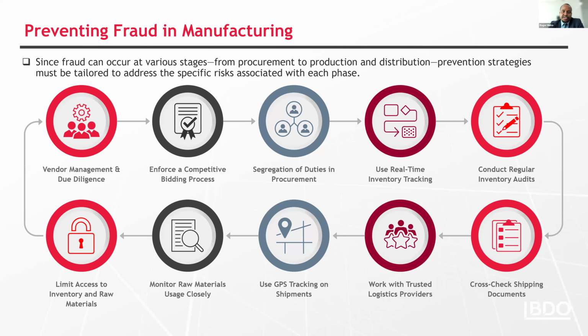The last key risk is in distribution fraud, and this is particularly when it comes to high-valued goods being shipped out of your warehouse. Some of the ways that you can safeguard it that are simple and clear that many companies may not implement is, one, having GPS tracking for shipments, and this is one of the most effective ways to prevent distribution fraud. This allows you to monitor where your goods are at all times and make it much harder for them to be diverted or stolen. With real-time tracking, you can spot any suspicious activities such as rerouting or delays or long stops, and these are things that you can immediately spot with GPS tracking.